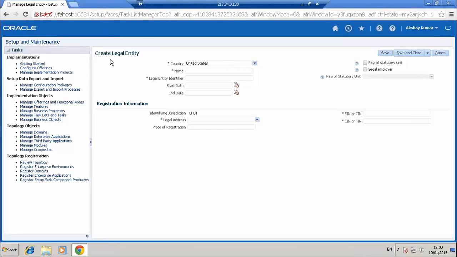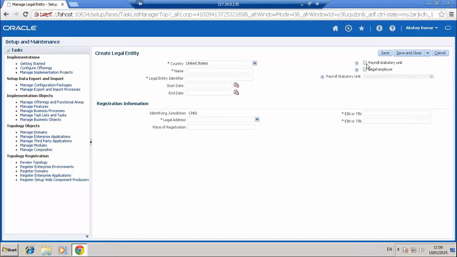employer. Legal entity as such, the term is mainly used for financials. The legal entity which you create, if you mark it as legal employer, then it will be a part of HR. That is, the legal entity where you hire an employee is known as the legal employer. Repeating it, legal entity as a concept is part of financials, but it is used in HR once you mark it as a legal employer. That is, I can hire an employee into a legal entity only if it is a legal employer.